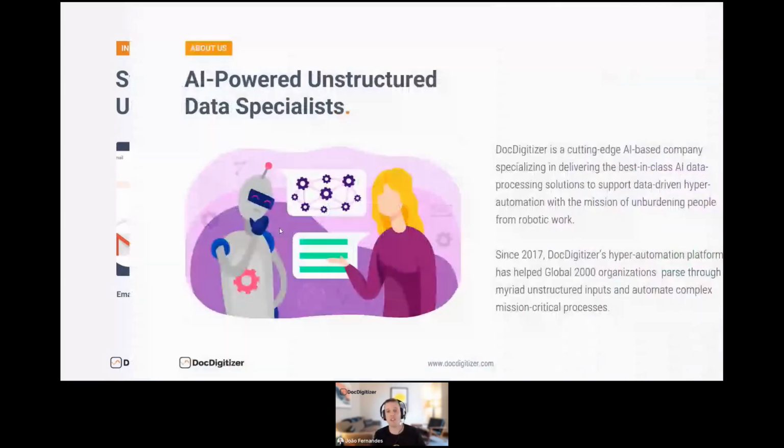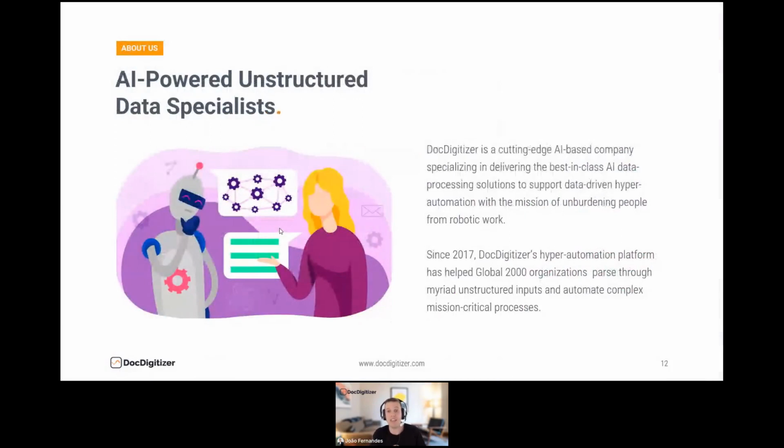So what is DocDigitizer? DocDigitizer is a company that focuses on creating hyper automation tools to help companies parse through this very large amount of unstructured inputs and provide them structured, augmented, and standardized information, so they can automate these complex processes without all the complexities around setting up or data validation, because we provide a trusted source of data, which means that the data DocDigitizer provides to the bank is of similar quality to the information that you get over open banking API. I would not say that we are an alternative to an API.